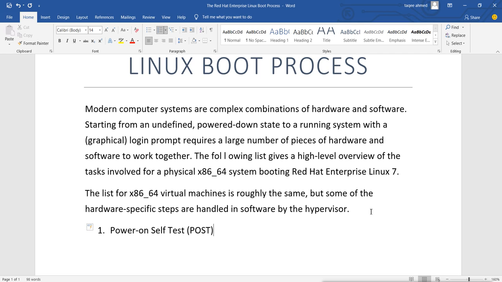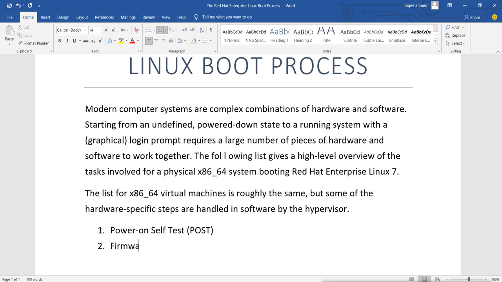After doing this, the next step also comes from the firmware, and the firmware searches for the bootable device. So the second thing is the firmware.